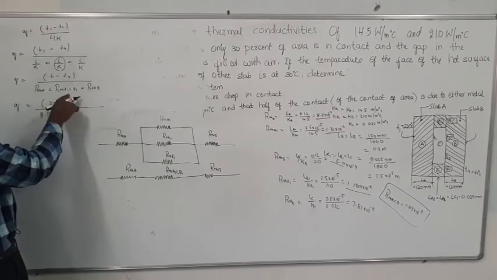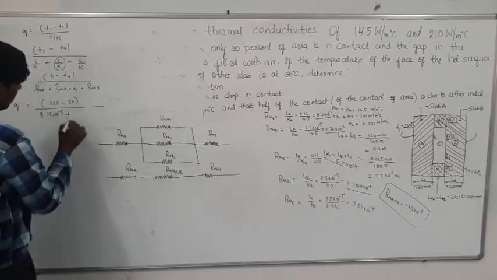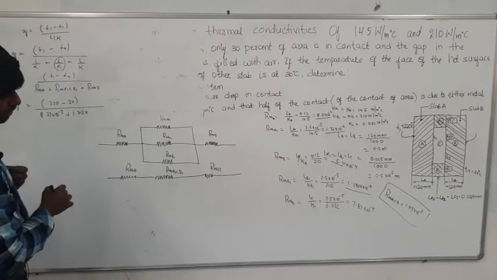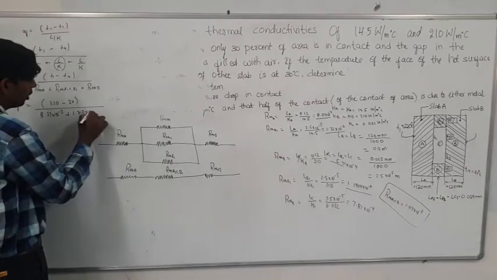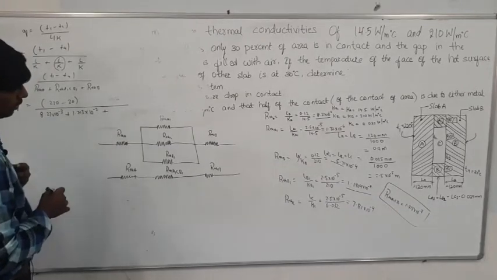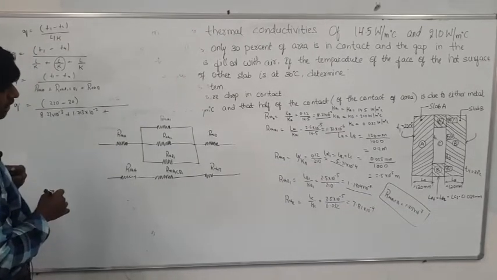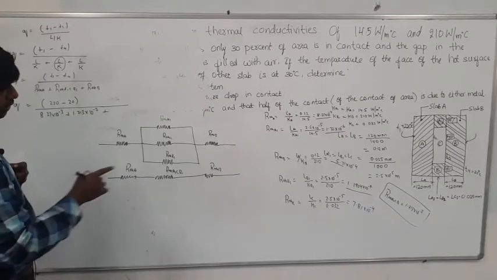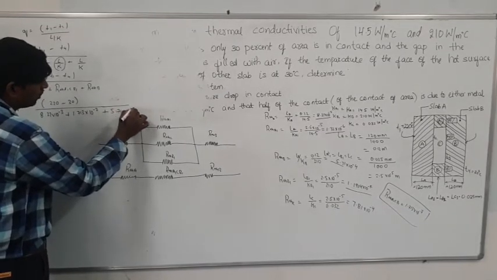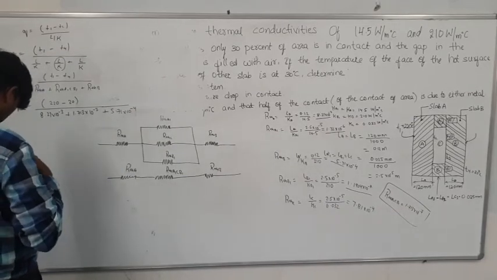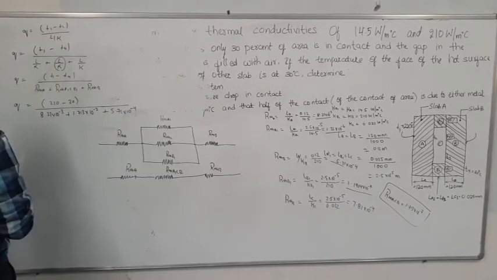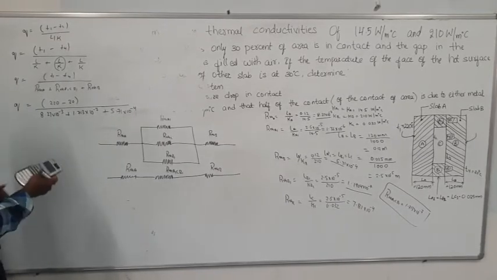This combination value you also got, I wrote it there. How much is that? 1.713 into 10 to the power of minus 7. After that, what is the next value? RTH B value, that is 5.714 into 10 to the power of minus 4. These are the values, and you have to substitute them with the help of a calculator.